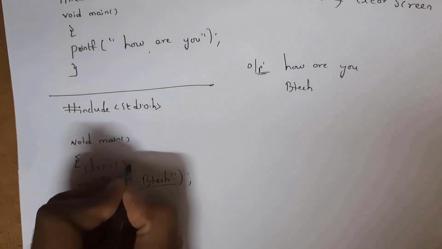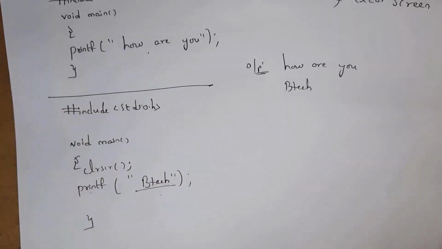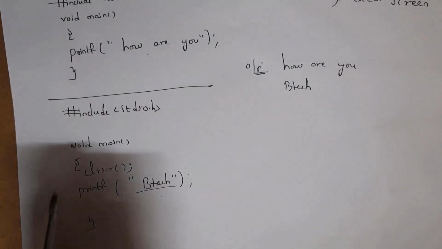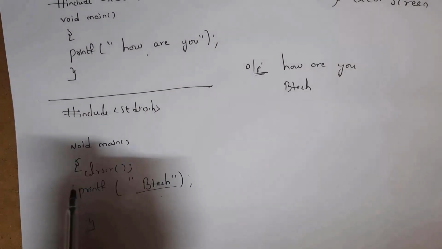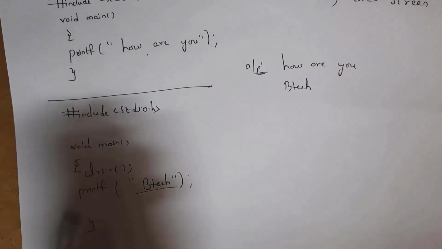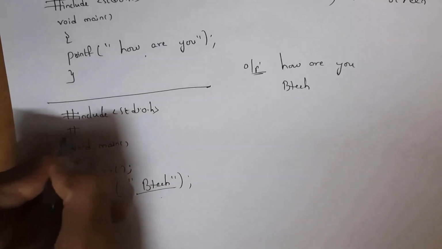Open bracket, close bracket. Definitely you need to give a semicolon. Though you write like this, you will get an error, because whenever you write clrscr, the meaning of this clrscr is present in the conio.h header file. So you need to write here #include